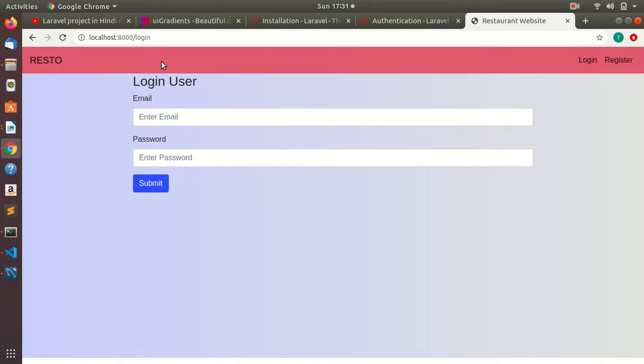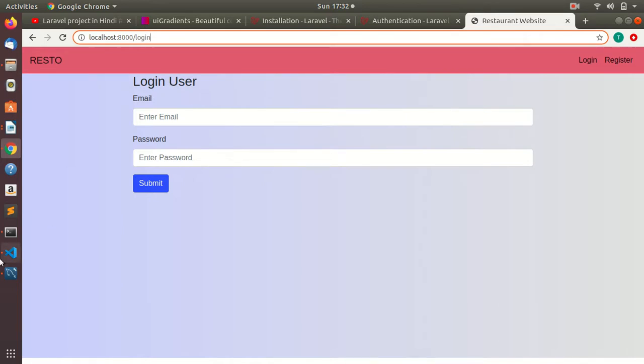You cannot access list and add routes without being logged in. So how did this happen, how do we make this authentic, so that an unauthorized user should not be able to access those pages without being logged in? For this we have used middleware, because Laravel Auth was doing this operation on its own, but now we have done this by using middleware.